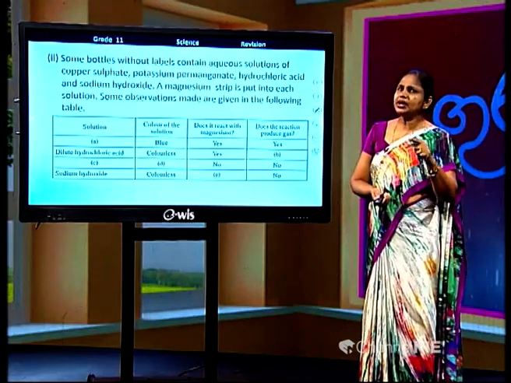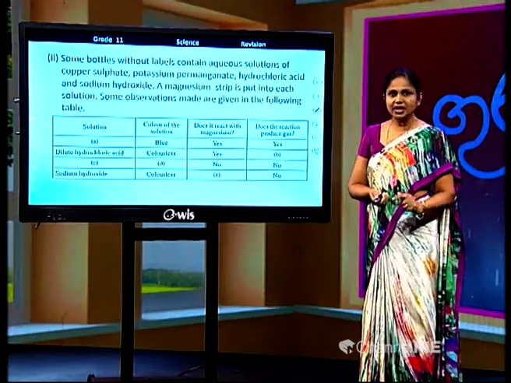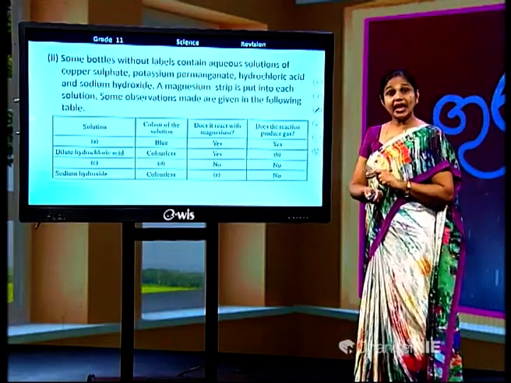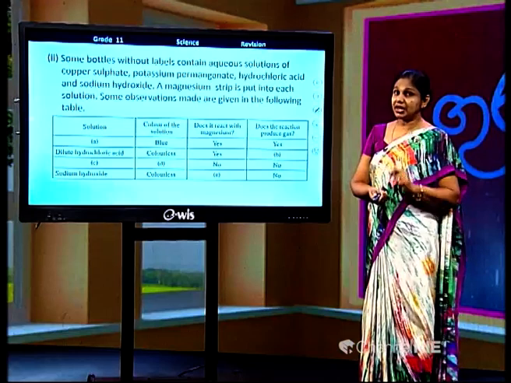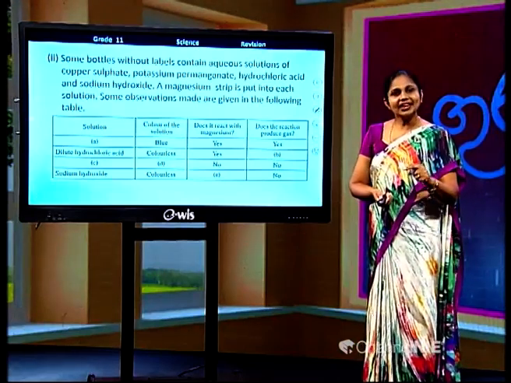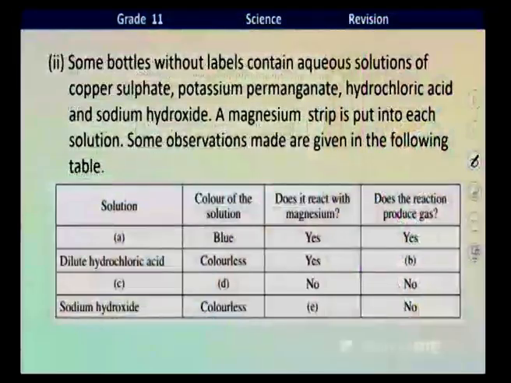Then what should come for the blank C? The remaining solution, potassium permanganate. Then for the blank C, the solution must be potassium permanganate. Then what's the color of it? You know, potassium permanganate is Condy's. It is commonly called Condy's. Color of the Condy's solution? Purple. Then for blank D, the term purple must be written.